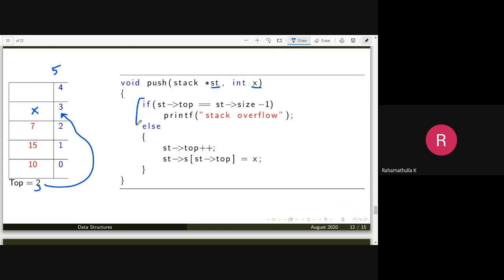While inserting an element, you just check whether you have space in your stack or not. If there is no space, you should say the stack is full. Otherwise, you can insert. It's a very simple operation. You don't have any loop statements. It's an order of one operation, meaning that this can be done in constant time. You just check whether your top is pointing to the last element and the stack is full or not. Otherwise, you insert. So it's a constant time, order of one operation.